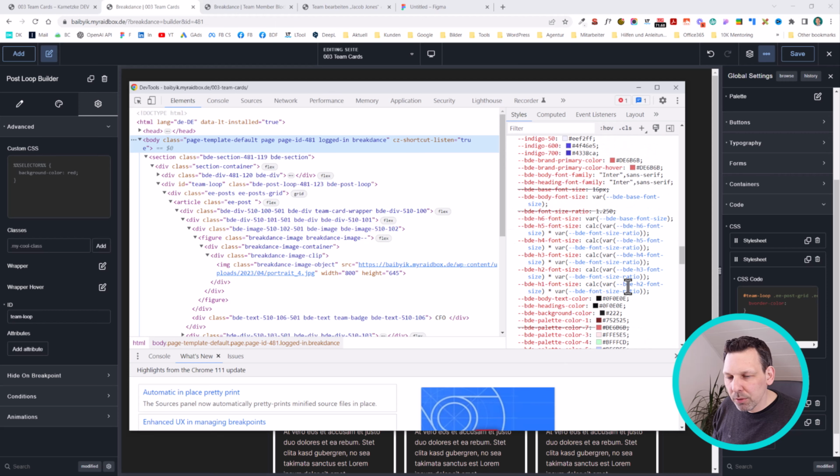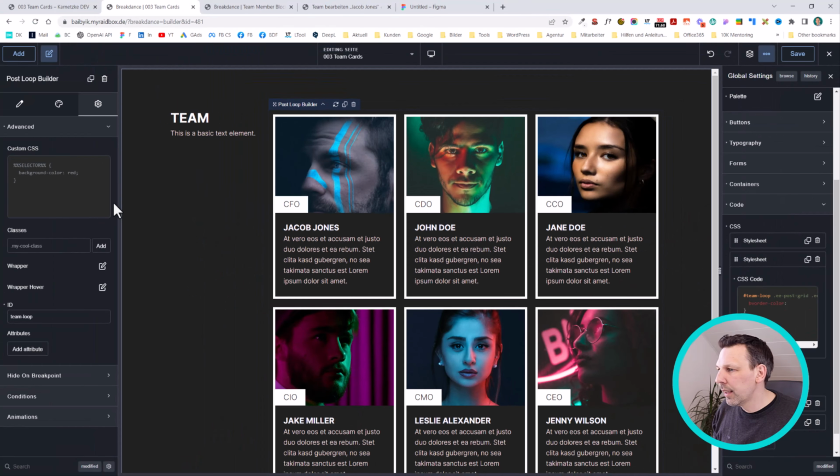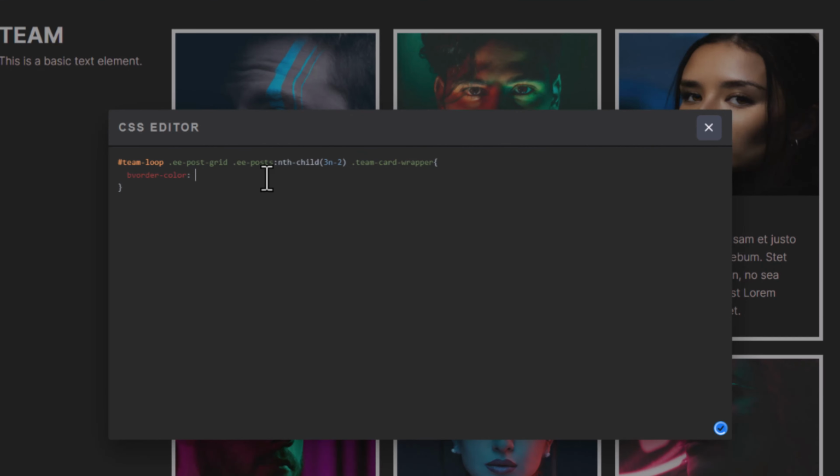Let's see, I'm already too far right here. So it's this one, this, and the third one is this. No, this is the first, the second, and the third one. And we have different variable names here. So we can copy this and go back in here and add a var to this and just paste the variable name here, and I made a mistake here,